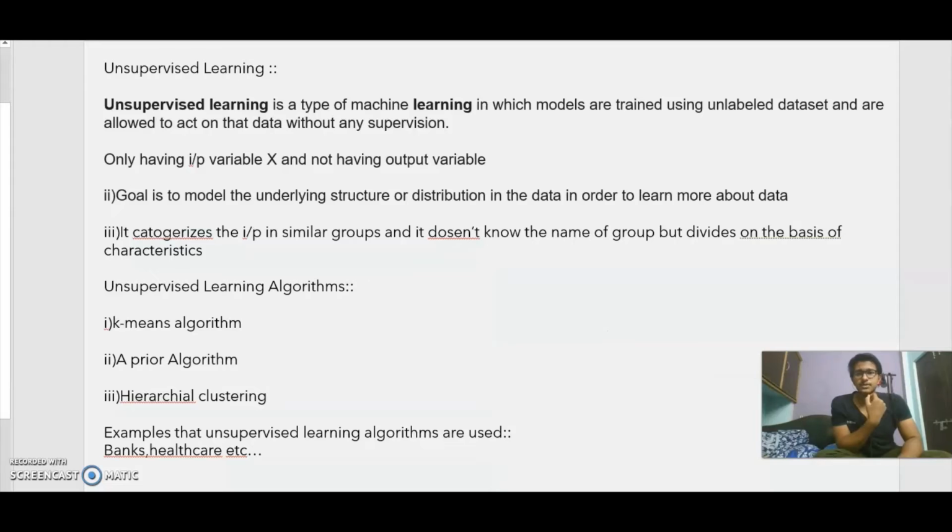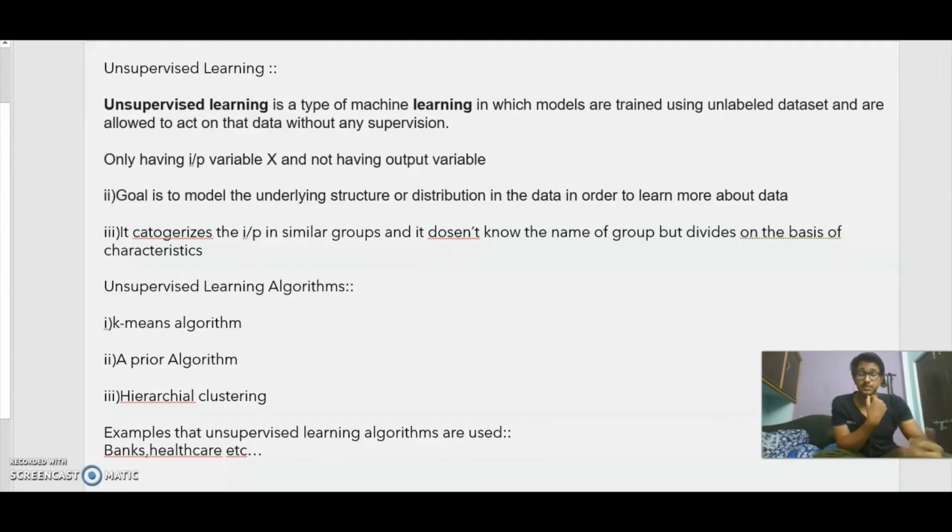Next, coming to unsupervised learning. Unsupervised learning is a type of machine learning in which models are trained using an unlabeled dataset and are allowed to act on the data without any supervision. In depth, it means we only have the input variable x and not the output variable y. Our goal is to model the